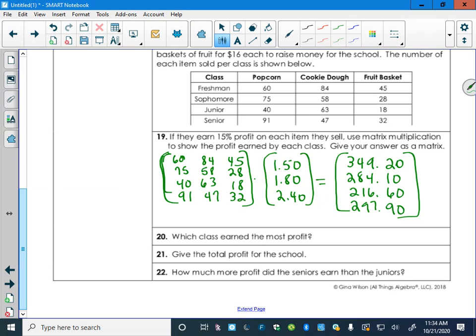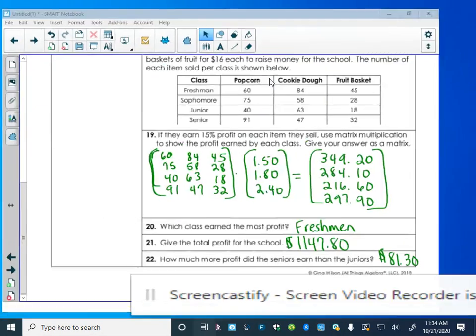Which class earned the most profit? That would be the freshmen. Give the total profit for the school. That's going to be $1,147.80. And lastly, how much more profit did the seniors earn than the juniors? That should be $81.30. Okay, Ms. White. And I think this video is going to be